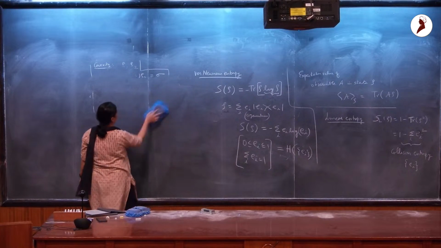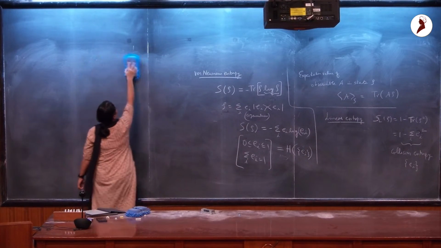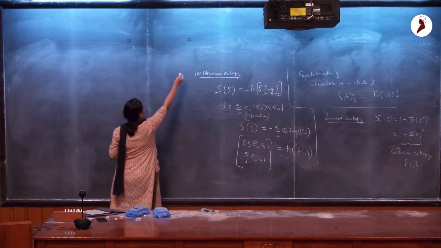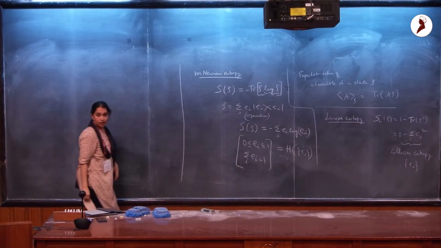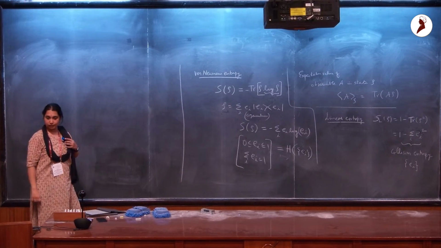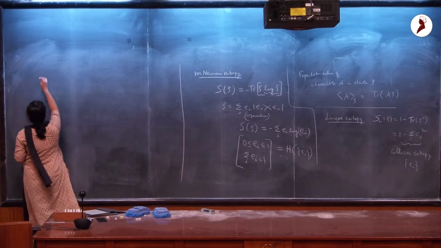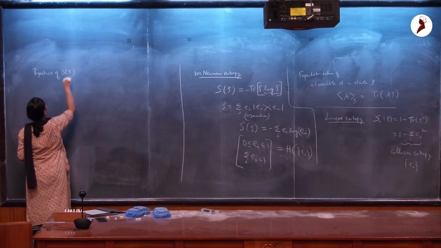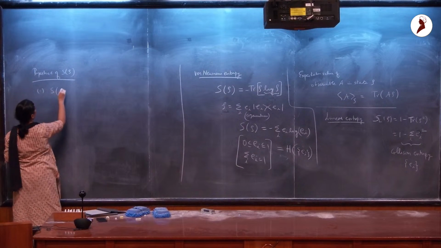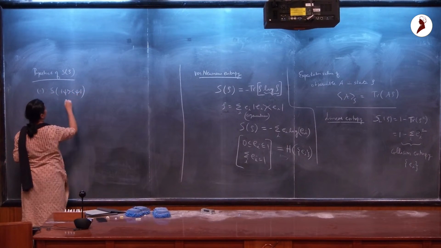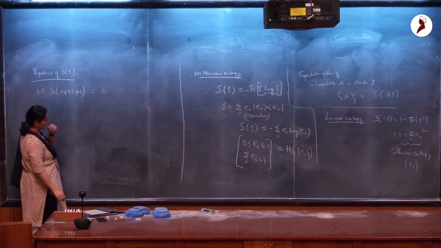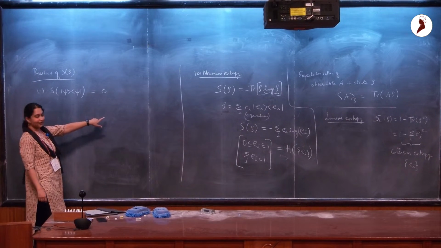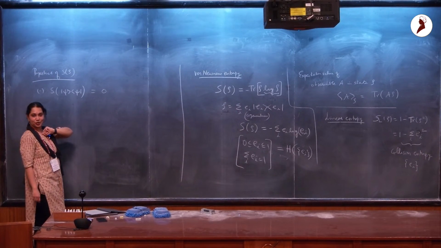Does this von Neumann entropy also satisfy the intuition that if I have a pure state, then I have complete knowledge of the system? So I expect that its entropy must be 0, right? Let me note the properties of S of rho. If my rho is of this form, then the entropy is 0. That is something I will leave for you to check, okay? And if you're having difficulties, then we'll discuss this during the tutorial tomorrow, okay?